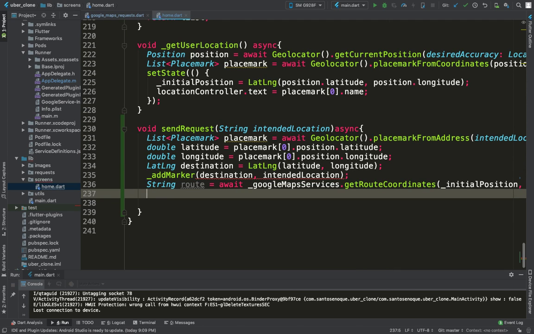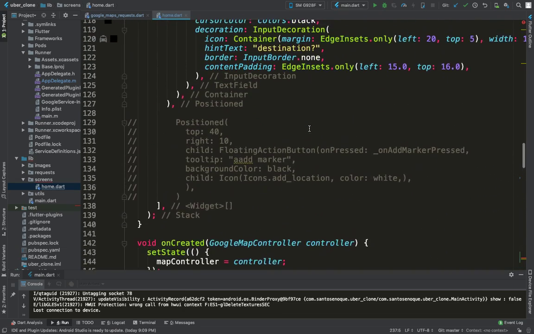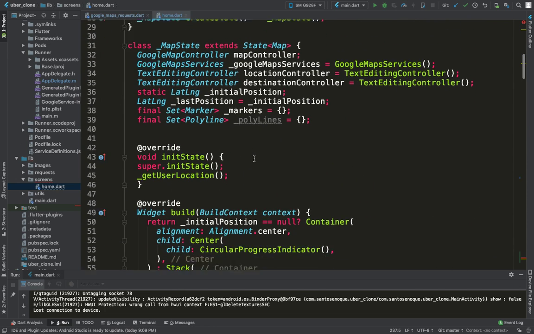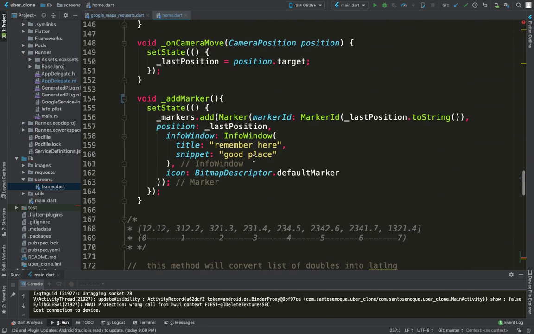And now we will want to convert this in terms of, let's create a method called create. We want to then write the route inside of the map, but there's something I forgot to mention on our previous video. I forgot to show you guys a method to actually add the polylines. And polylines is, as I told you, the lines on the map, those lines that make up a route. Okay, I have here polylines, but we have this method add marker,